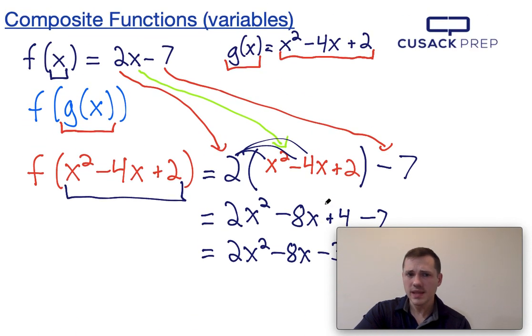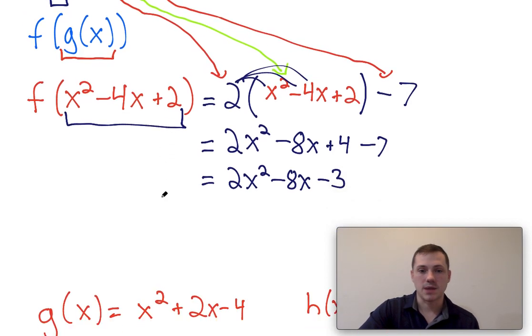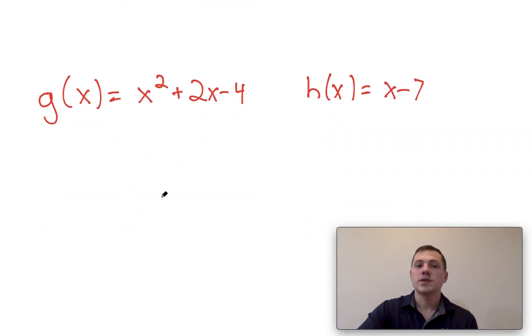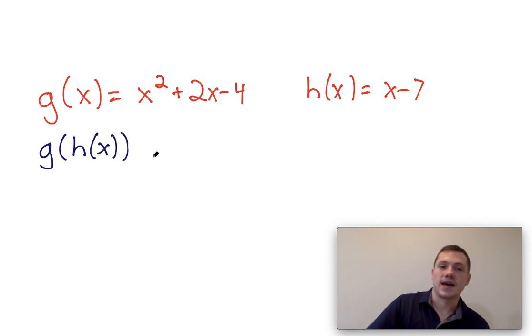So key things that we did, f of g of x, we first replaced g of x with what was on the right side of the equation. We then had f of this whole function, and so we replaced x in the f of x equation with all of this. Let's go ahead and take a look at the next problem. So here we have g of x and we have h of x. So if we wanted to figure out what g of h of x was equal to,